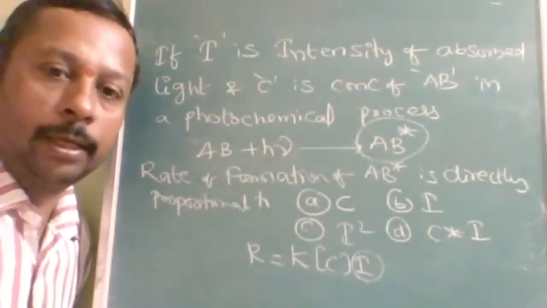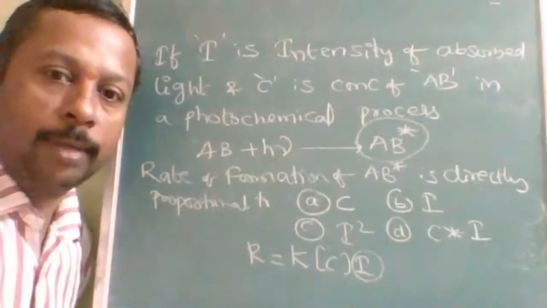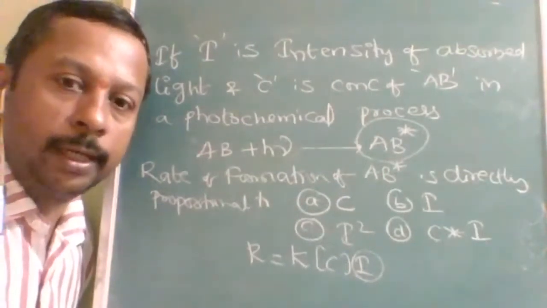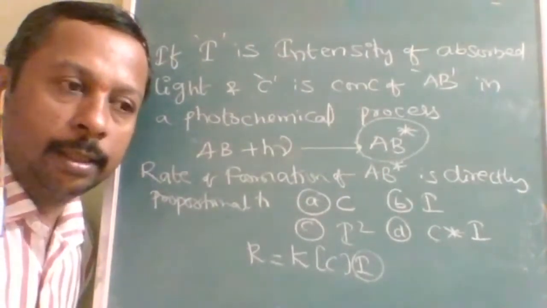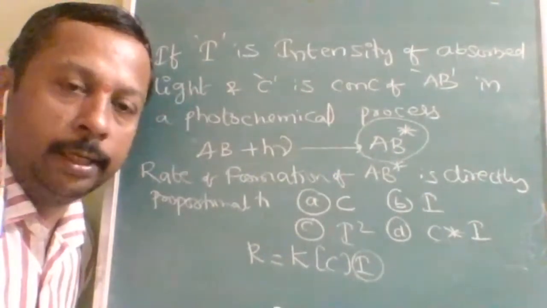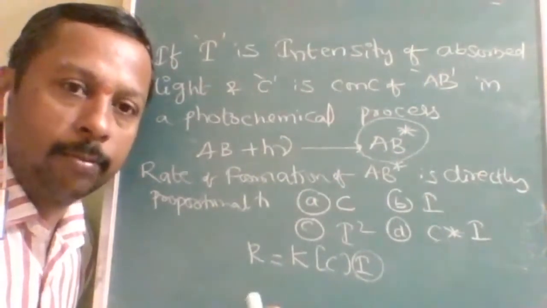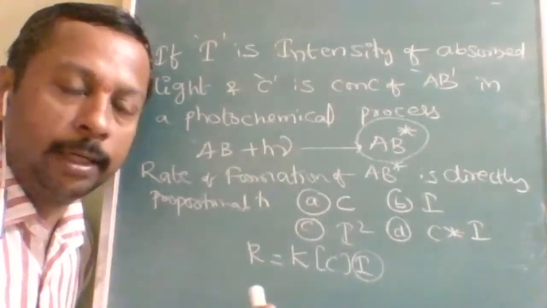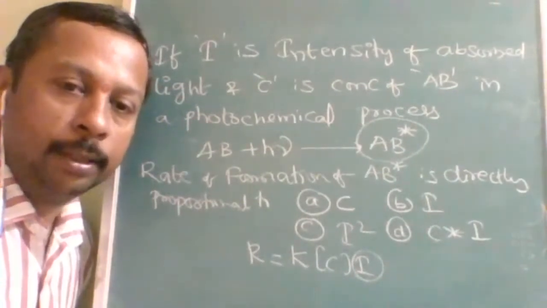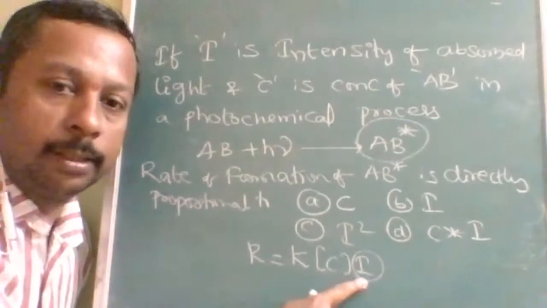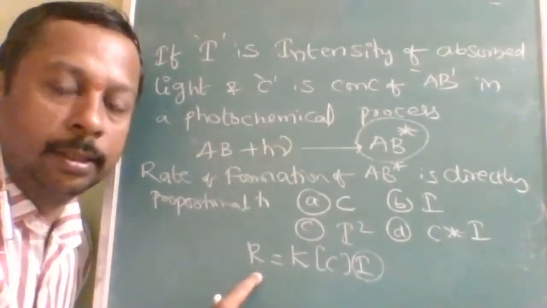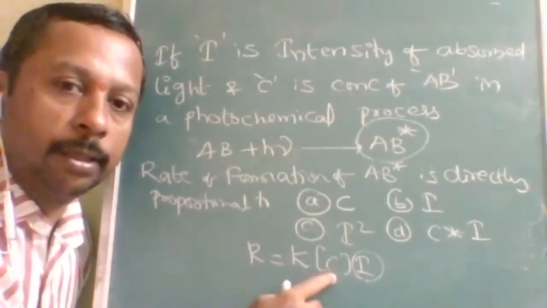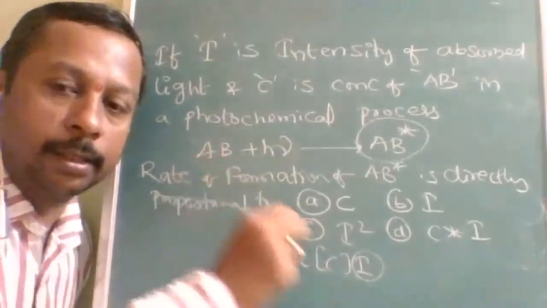So in haloalkanes and haloarenes, you might find that with diffused light and in the dark, the reaction can take place in the dark even violently, but in diffuse light more violently, and in normal light more violently. So that means as intensity increases, the rate of reaction increases. It also depends on the concentration of the reactant.